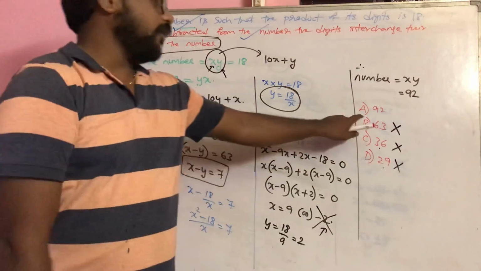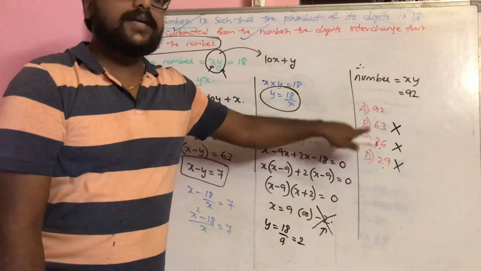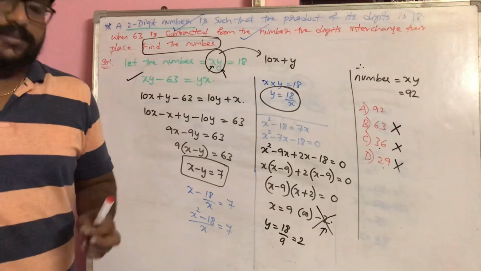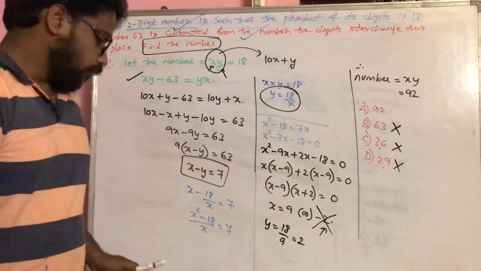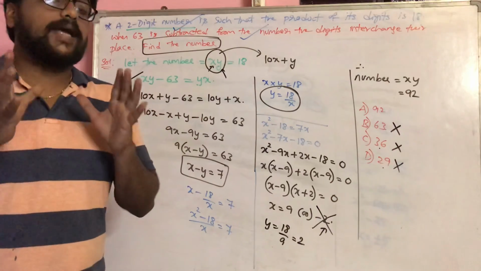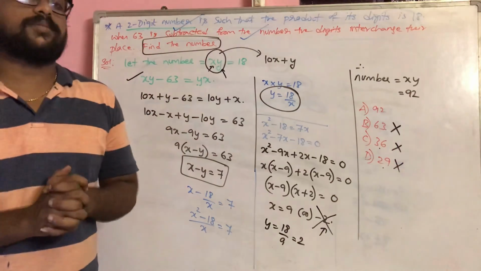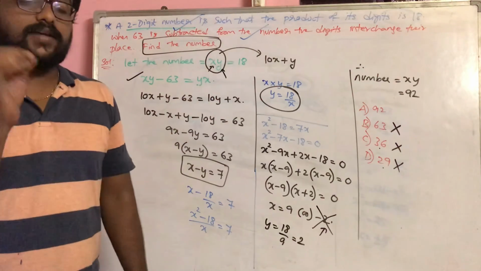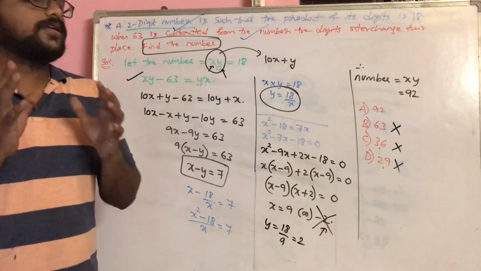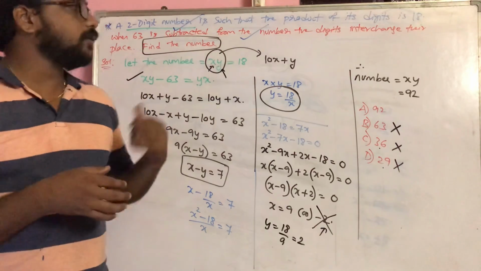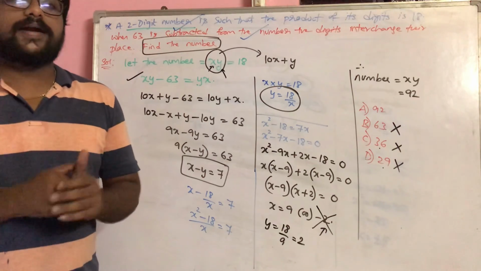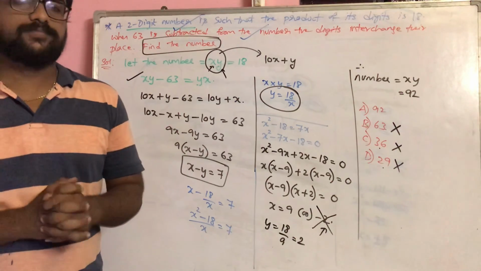See, this you have to learn. Eliminating the options is a very important thing in the competitive examination. It's not only about whether you are getting the correct answer or not, but whether you are able to eliminate the wrong options from the given options or not. That is the key point for getting success in competitive examinations, right? So in the next class, we will see some more interesting problems from quadratic equations, and then we will try to end the topic of quadratic equations. Thank you guys.